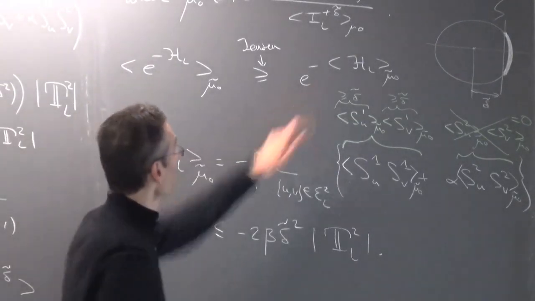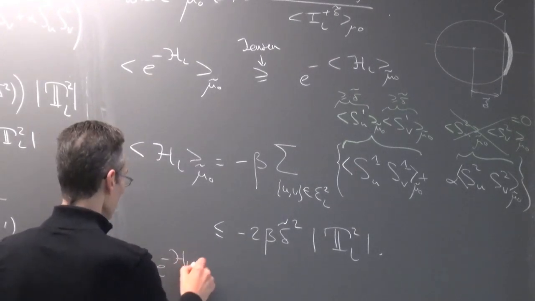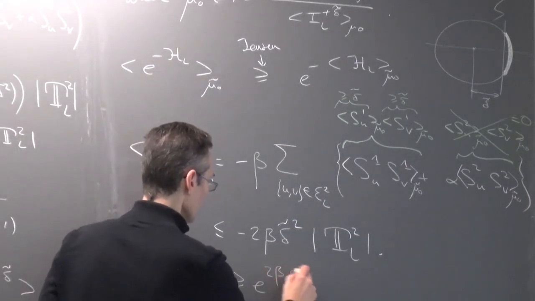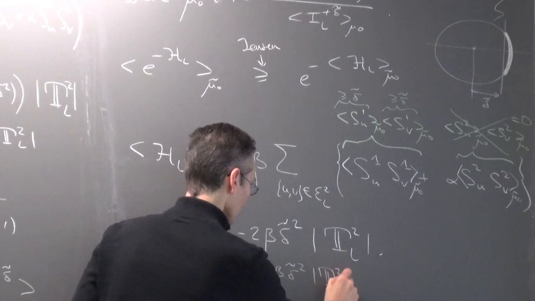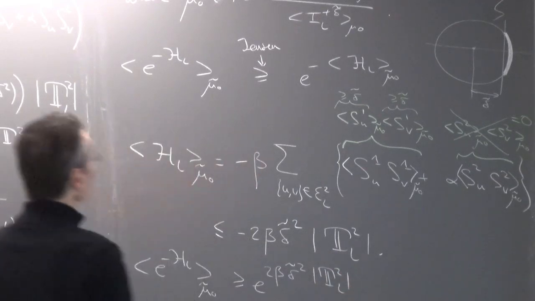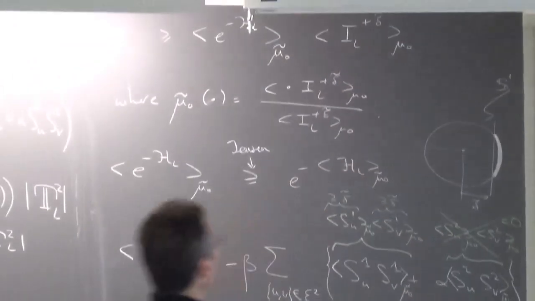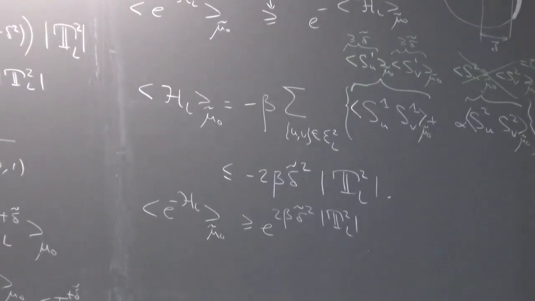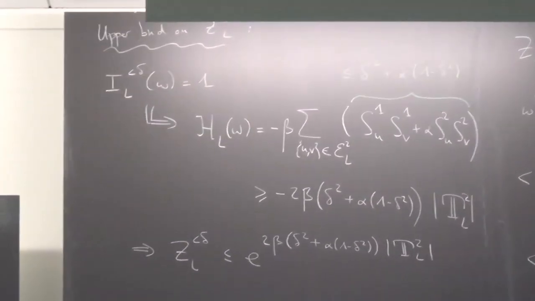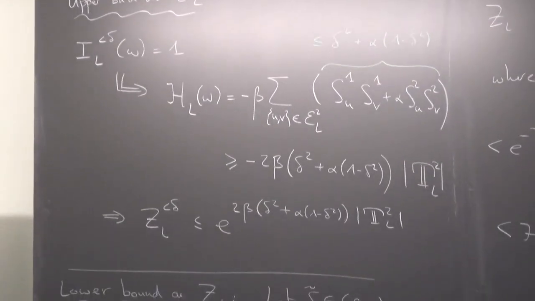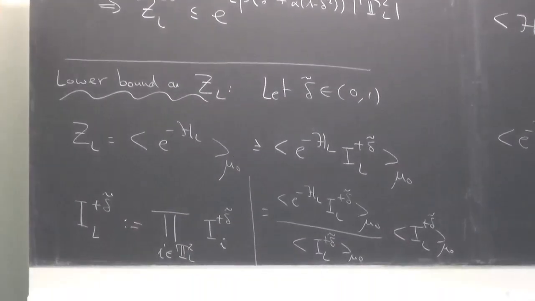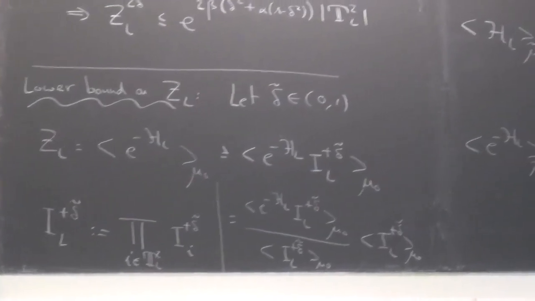So it immediately gives me the bound I want here. So I get E minus H_L under mu 0 tilde is larger than E to the 2 beta delta tilde squared times the size of the torus. Right? So now I still have to lower bound this second factor, but it's not a big deal. Yes, this I can erase. The second factor is actually much simpler to